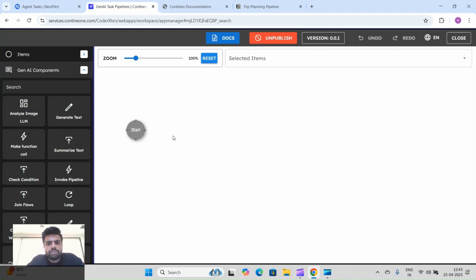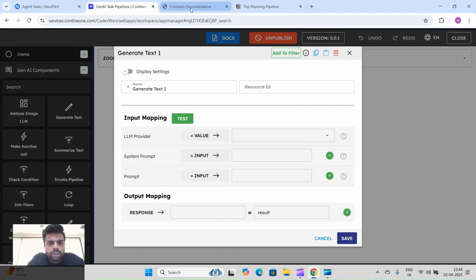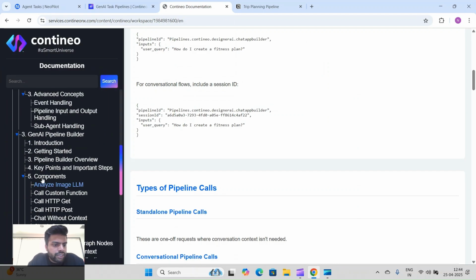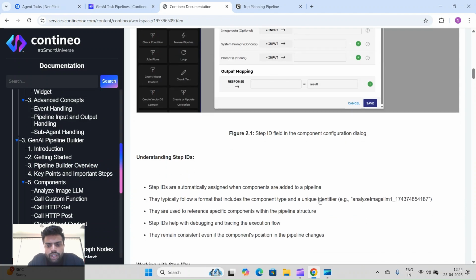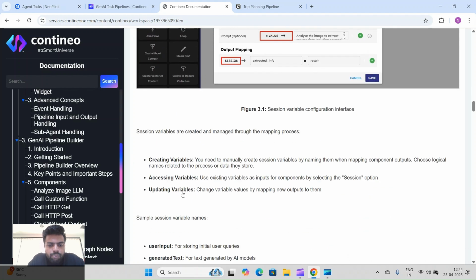As we are using one simple use case, we'll use the generate text component. To learn about it, you can go to our documentation section, where key points and importance mention each terminology, like what is value, session, input, and how we map inputs and outputs.